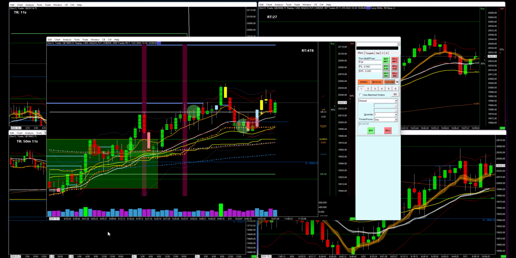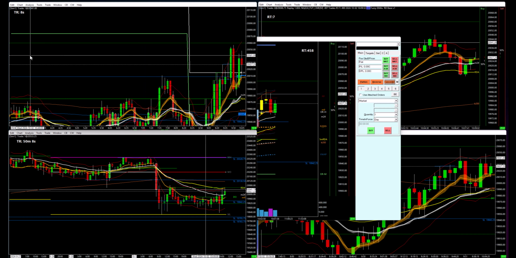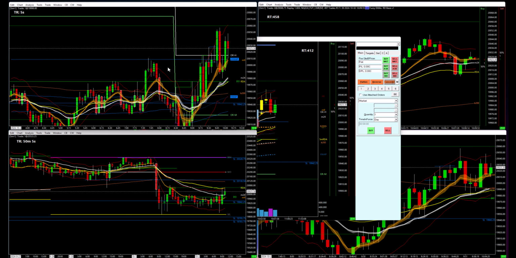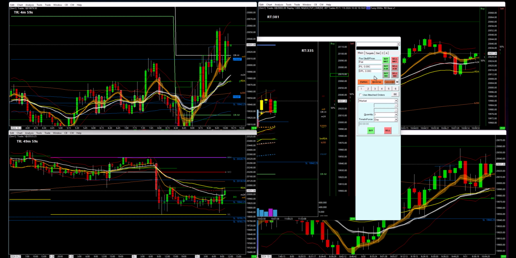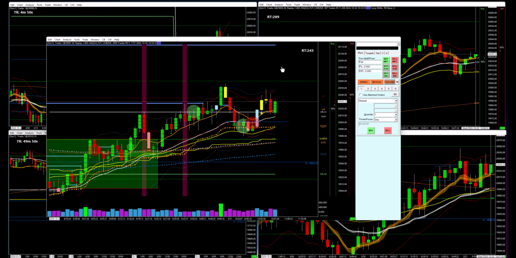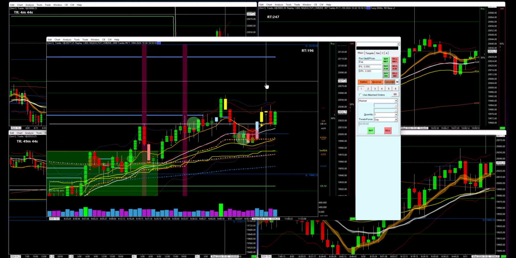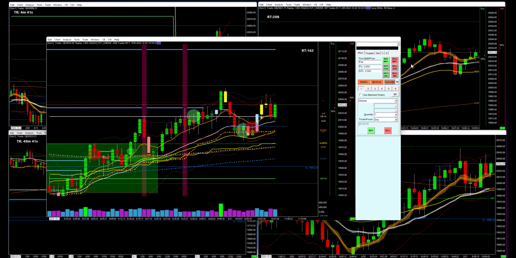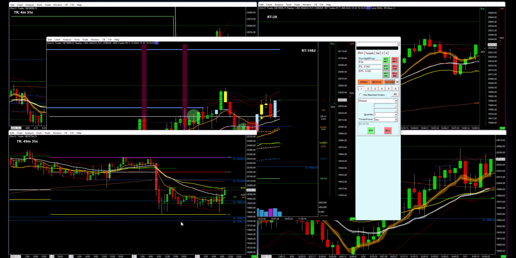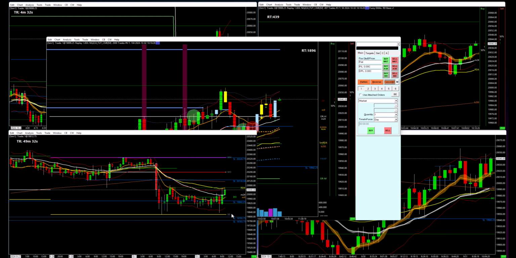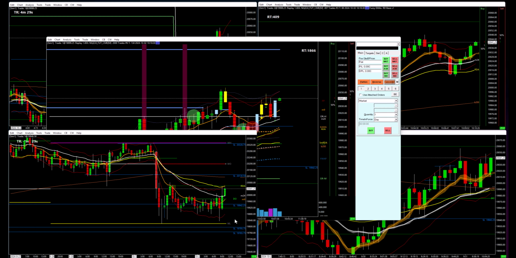So let's take a look at the market here, see what's going on. We have time charts on the left here. These two are time charts, 5 minute, 1 hour. Then we have tick charts, small, medium, large over here on the right hand side in the middle. And there's also a 15-second chart off screen, which is kind of like this guy here in the top right. So this chart here, the 2000 tick is the main one that I'm trading on, although I can drop some trades on other charts as well. But we'll see what happens here. It's been a while since I did my last video, so I really don't remember what I was doing. But I apparently drew a whole bunch of levels over here, right?